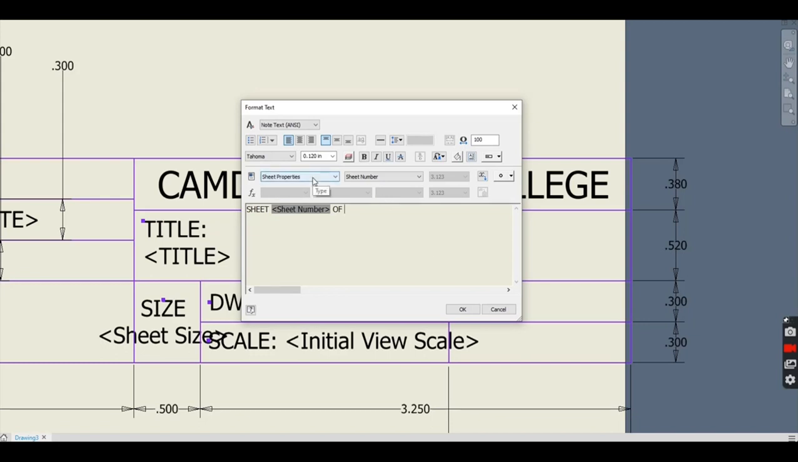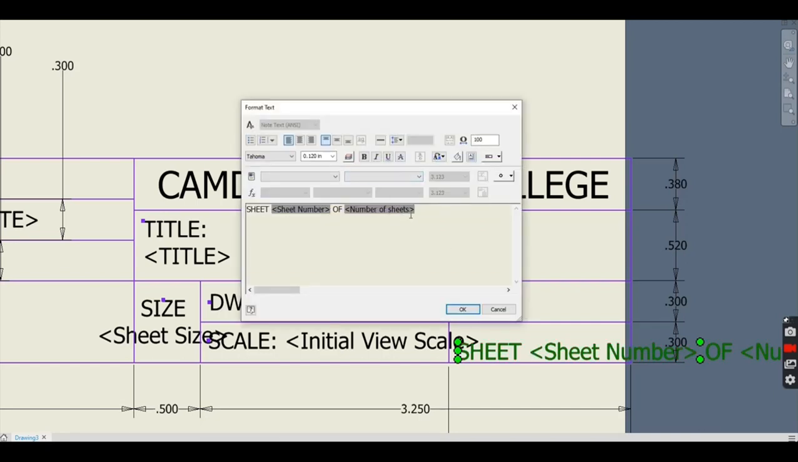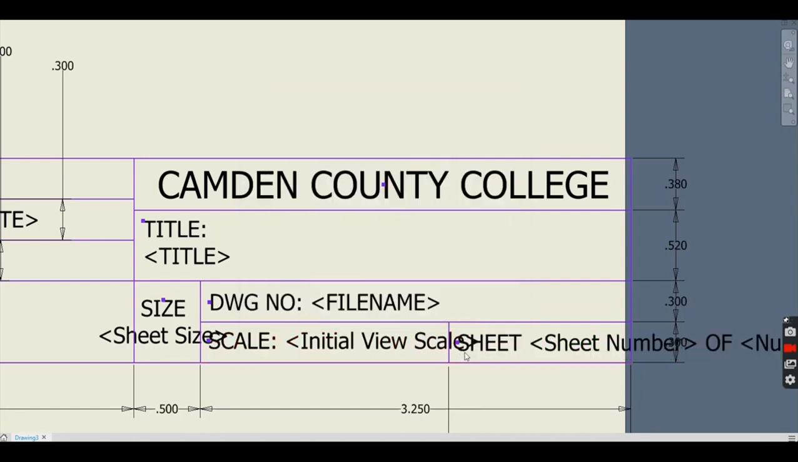Now this is weird because I don't need sheet properties again. I need to put it in drawing properties, and here in drawing properties I have number of sheets. I add that, and I pick OK. Now I forgot to, so if I go here, highlight everything, and middle justified again, that'll move it up to the right spot. Again, I can take here and line this one up so it lines up pretty much even with that one,